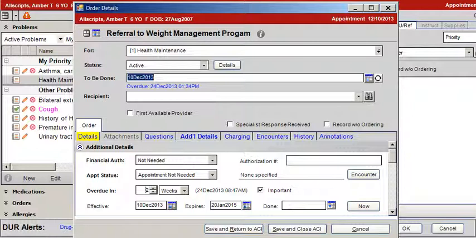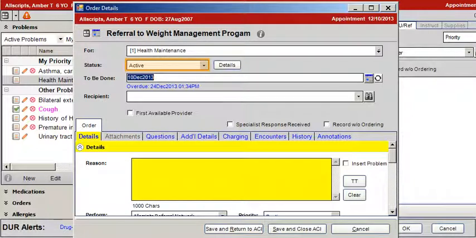Notice the Details tab appears in yellow. This indicates that there is required information in this section that must be completed prior to finalizing the referral. Let's return to the Details section by clicking on the Details tab hyperlink. We have returned to the Details section. Before we review the Details